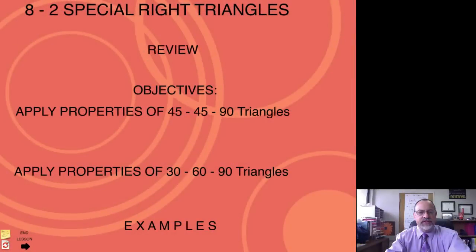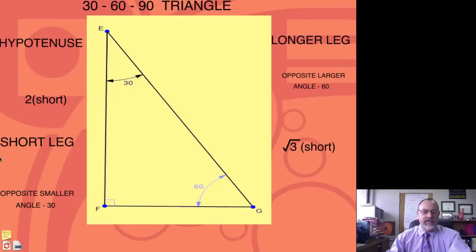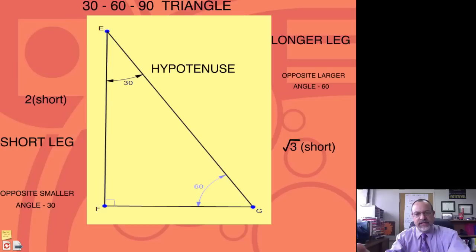Geometry, Chapter 8, Lesson 2, and in this portion of the lesson we're going to be looking at the properties of the 30, 60, 90 triangle. Now, in the 30, 60, 90 triangle, we do have a right triangle, so the side that is opposite that right angle is still going to be called the hypotenuse, because that's always the name of the side that's opposite